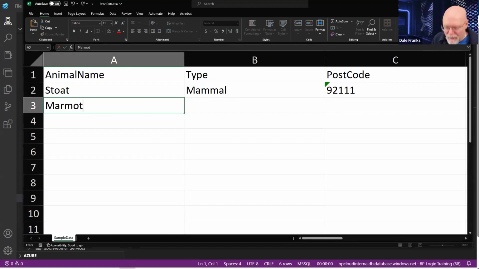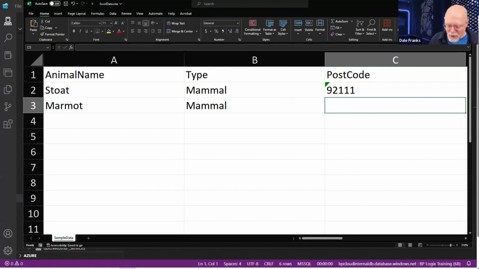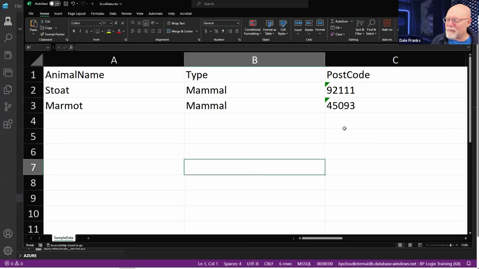And marmot, which is also a mammal. And the marmot is in Colorado somewhere, but I don't know what any Colorado zip codes are. So we'll just make one up. So now I have entirely new records. My old records still exist. They're there. I don't want to get rid of them, but my export is now only giving me new records.